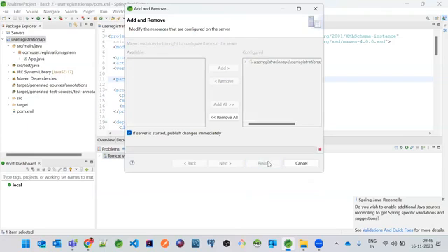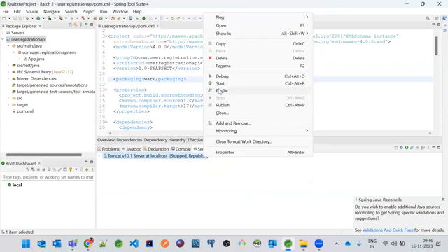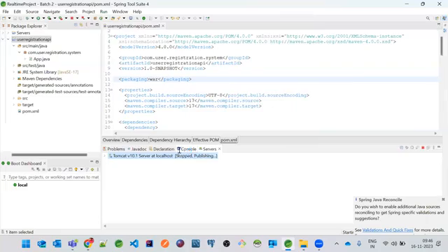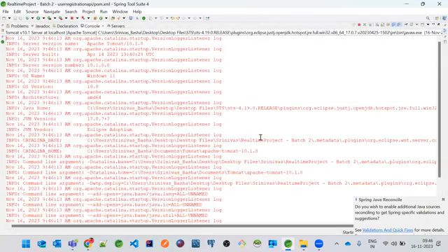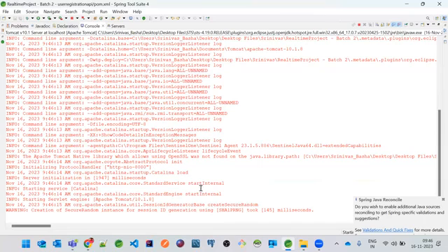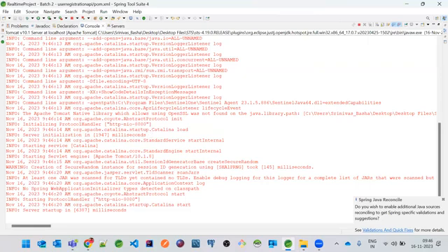So once you add it, let me start the application first of all and see whether it is starting perfectly or not. Let's see that. Yes, the application has been started successfully, but do we have any servlet classes over here?